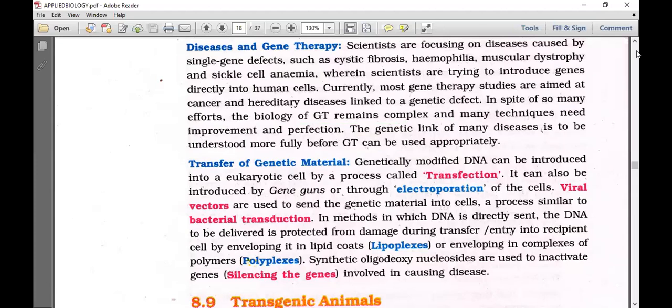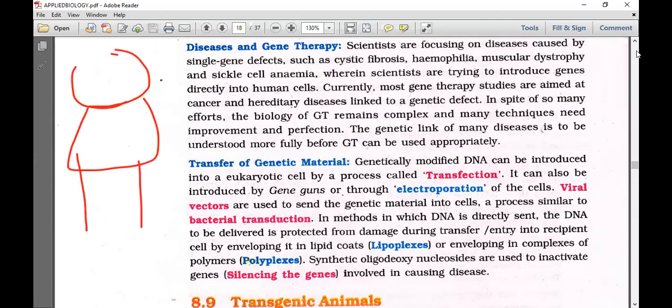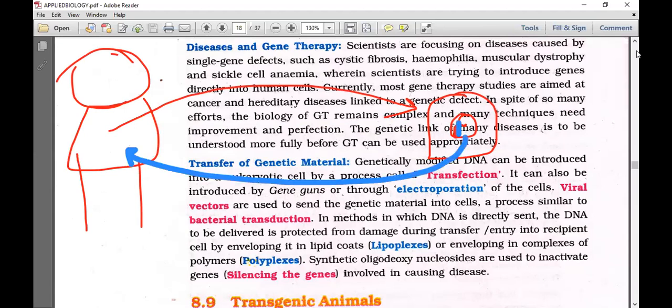So, transfer of the genetic material. Let me remind you of the story again. We brought out the cell of the patient who has the ADA gene defect, who is suffering with SCID. We inserted that particular gene, and the cells are returned back again. Doing this in the adult patient, that's why we call it somatic. Bringing the cells out, we call it ex vivo. That is ex vivo gene therapy.